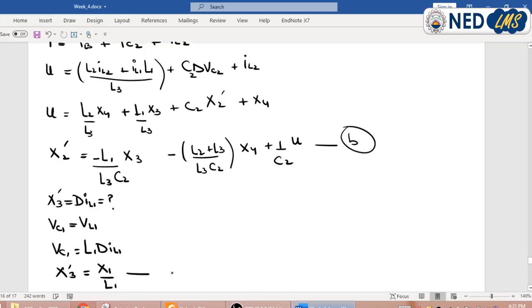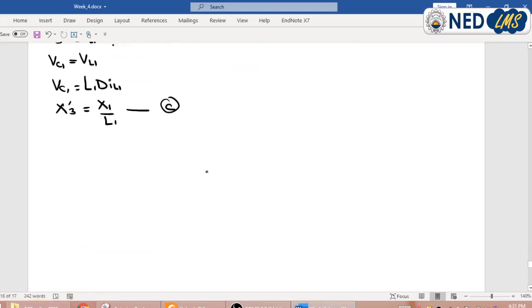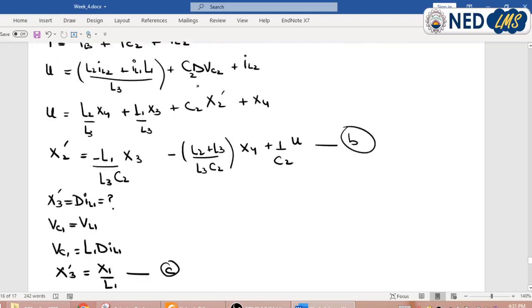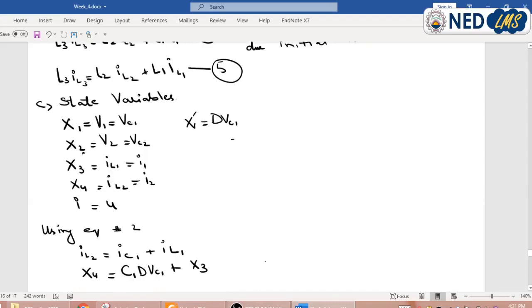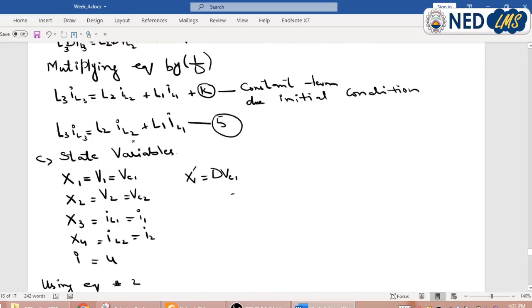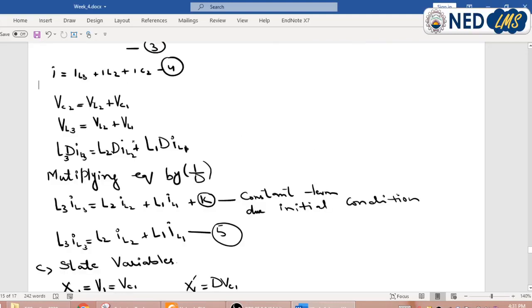This is my equation C. Similarly, I can find the fourth state variable X4 dash. We know, using this equation,